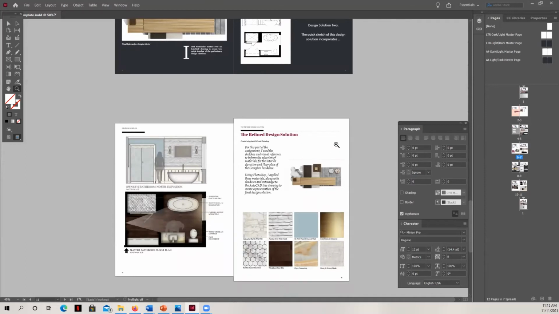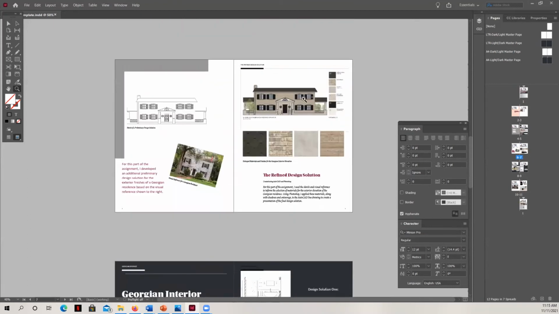I've adjusted them a little bit, but because I had created this one and it looked very similar to what I wanted, all I did was select these two pages, and then, as I showed you, right clicked and duplicated the spread. And then I used it for a later drawing. And then all I did was, if they were not in the right place, I can just select them here and I can move them into their correct location, and the order will adjust. And so that's how you duplicate and delete pages from your template.